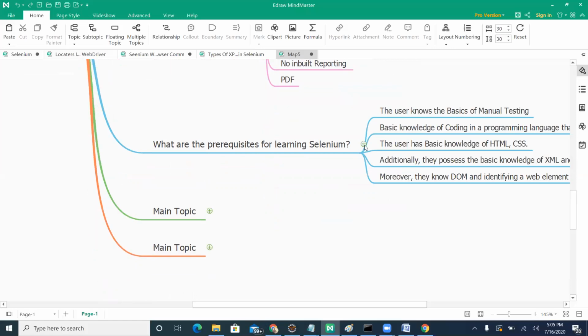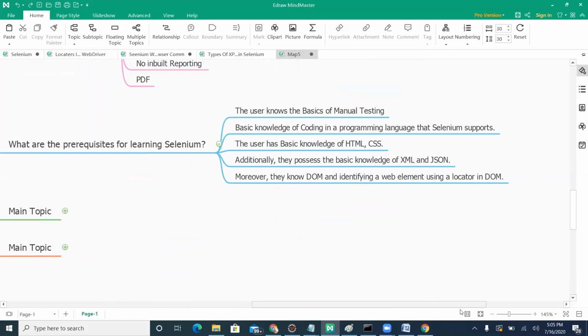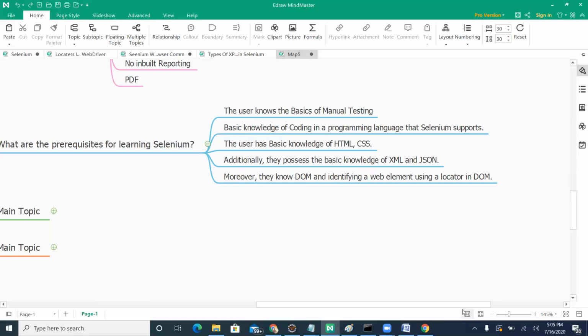That's great. So let's see, what are the prerequisites to learn Selenium? Yes, the Selenium tool is very good, and it's also open source. We know what is going to be supported, what is not going to be supported, and the components we have. But what are the prerequisites to learn Selenium? Everyone wants to learn it, but how and what?